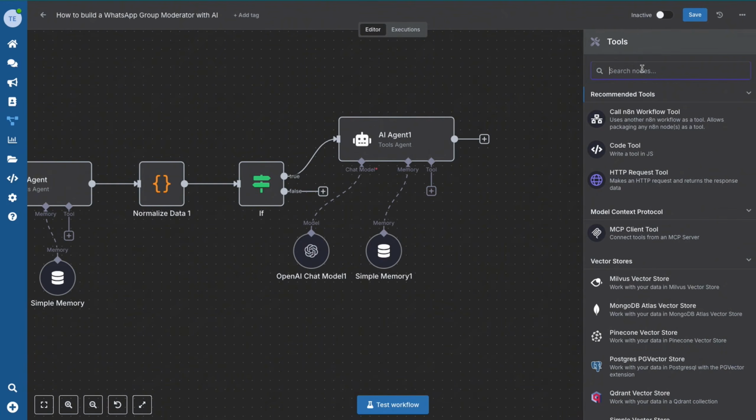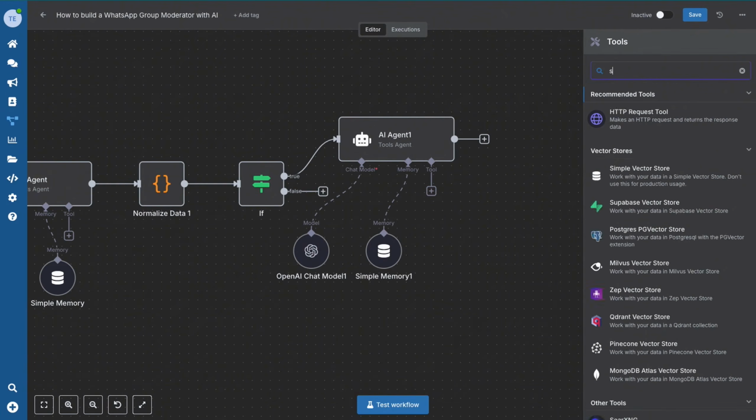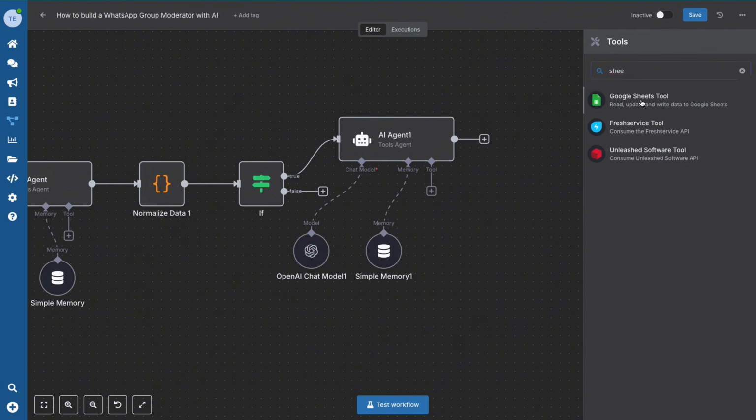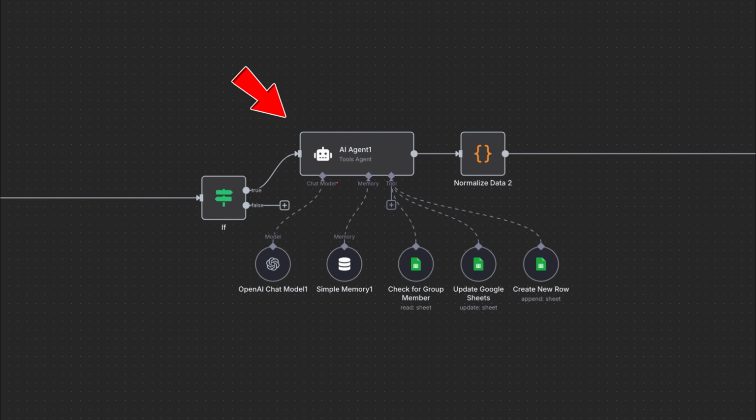We'll use this to keep a record of users who have been reported as offenders or banned from any of your groups. Here's how it works. The AI agent captures the information about the new violation. It then checks your Google Sheet to see if that user already has previous violations. If not, it creates a new record. If yes, it adds a new strike, up to a maximum of 3, after which the user would be banned